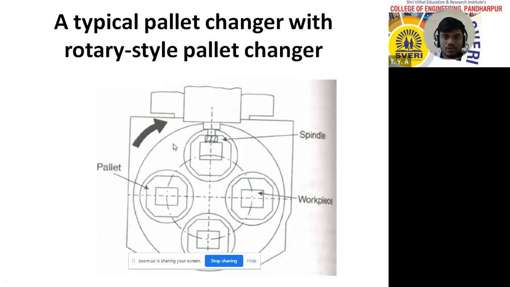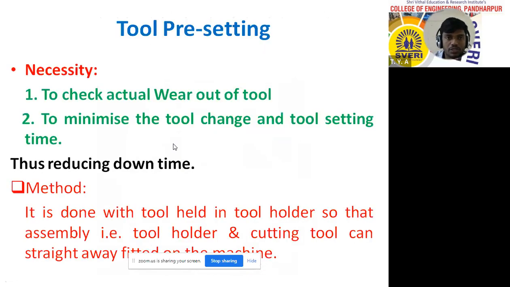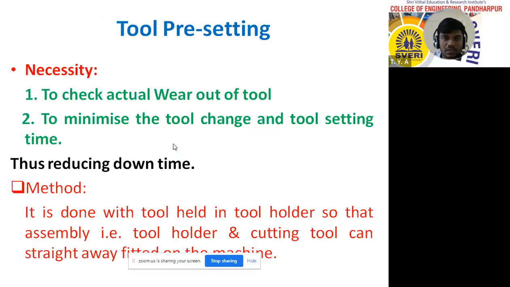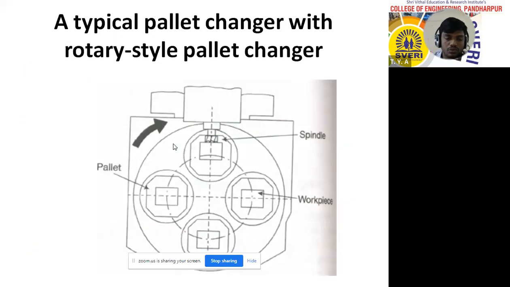Okay, so this is this type of the palette; again there are more techniques to the use of the palette. So definitely and ultimately the aim is to save manufacturing time and increase productivity. So next point is tool presetting. So that point we will see in next lecture. Okay, so today we have seen